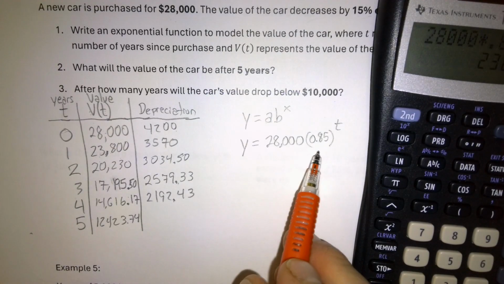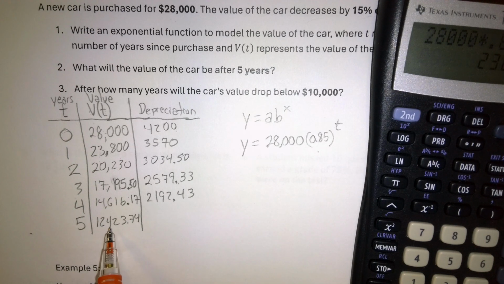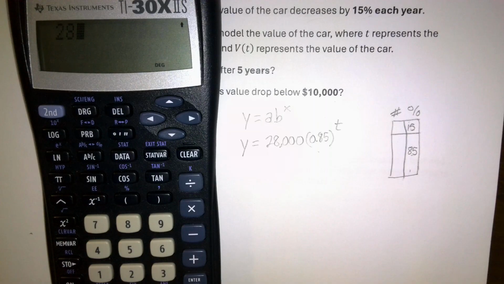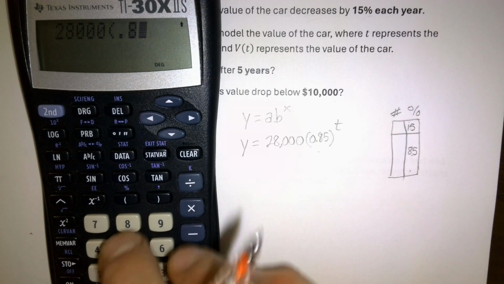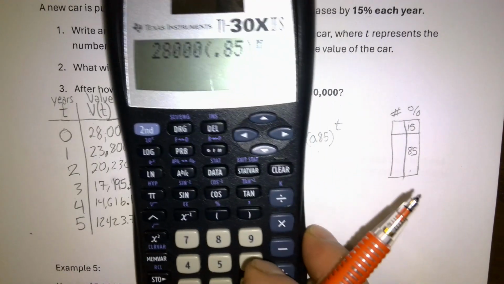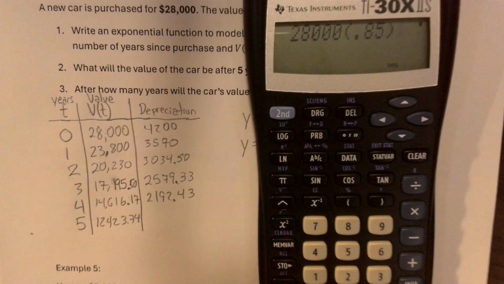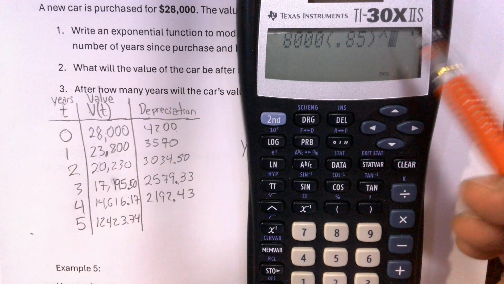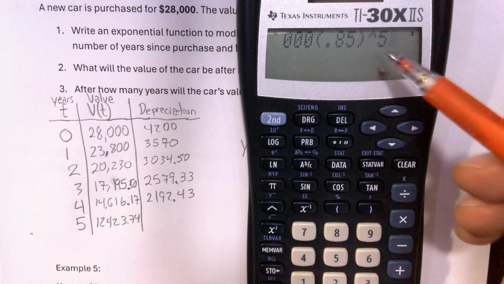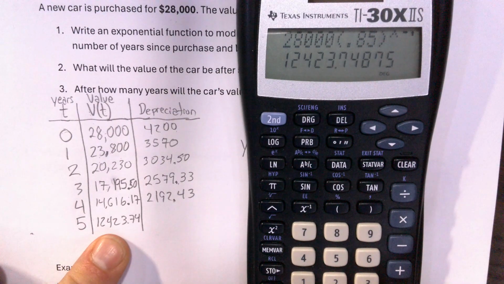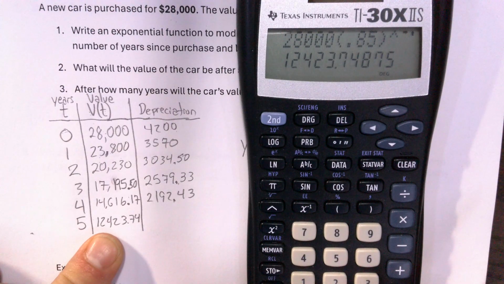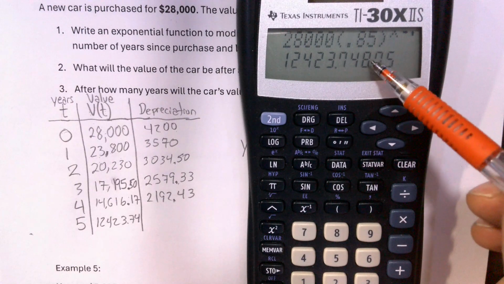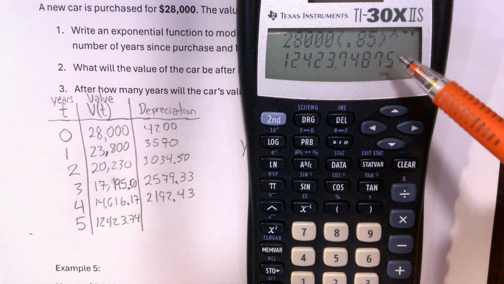Could I use this equation to get these other values? Let's jump to 5. Let's do 5 years. So we'll put in 28,000, parentheses 0.85, and then our caret, and we're going to put in 5 for our exponent. Let's see how it compares to this value. 12,423.74. Now, this actually would round to 7.5, and here is where we run into a little bit of an